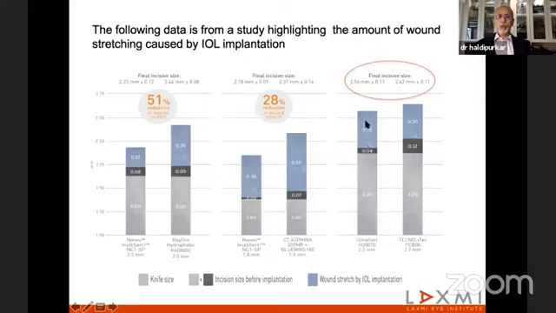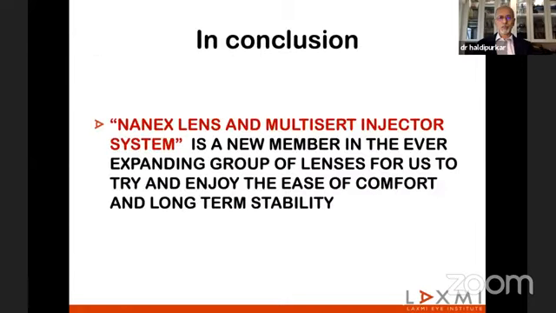is almost 0.32. That means if you are using a 2.2 millimeter incision, the final size of the incision becomes 2.56 or 2.62. Now, this is not an exaggeration, because we rarely measure our wound at the end of implantation. The wound stretches to become so big. So if you have a nozzle which can go through without stretching the wound, it is always wanted.